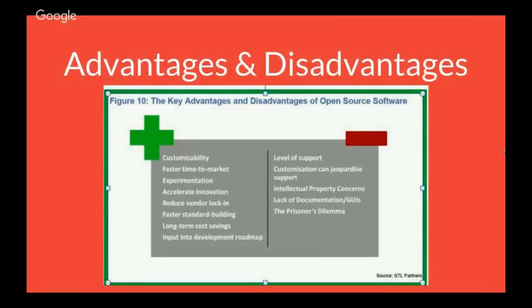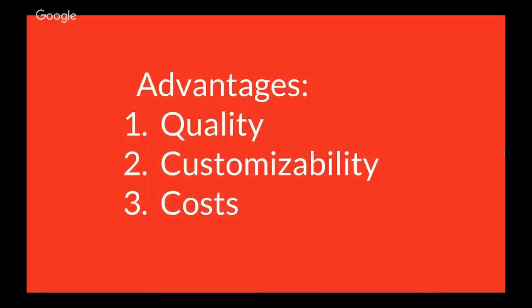Next, we are going to take a look at the advantages and disadvantages of open source. This picture gives an overview to what we'll be talking about. The advantages are listed on the left, and the disadvantages are listed on the right. We'll first start by talking about the advantages and then move on to talking about the disadvantages of open source programs and softwares. There are many benefits to open source programs and designs.